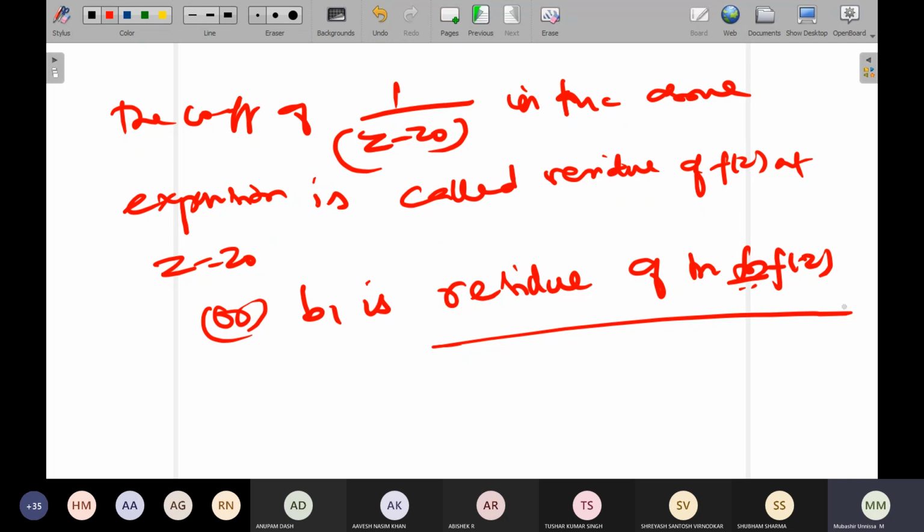Either way, you can find the residue by the formula I gave. If you are not able to do it by the formula, if you don't remember it, you can even use the Laurent series expansion and give the coefficient b1 of the 1 by (z minus z naught) term. The coefficient of this is only b1. You give that, and that will also be the residue. Is it clear? Yes, ma'am. Okay. Other problems we'll see in the next class. We'll do some residue problems in the next class.